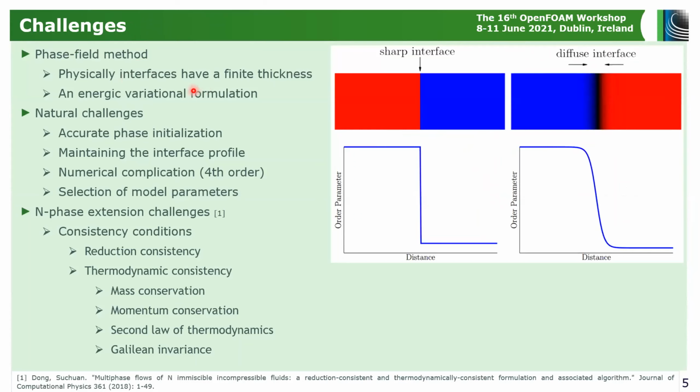Now, the phase field method is based on a physically developed method, which says that in reality, interfaces have finite thickness, and it's based on a variational formulation. Here, I have an example from sharp interface methodology, where we have the change of the concentration gradient across the interface. We can see that in the sharp interface, we have a very sharp transfer from one phase to the other. However, in the diffuse interface, we have a rapid but smooth transition from one phase to the other. This rapid and smooth transition causes a concentration gradient. This concentration gradient will further contribute to the energy that is associated with the interface.